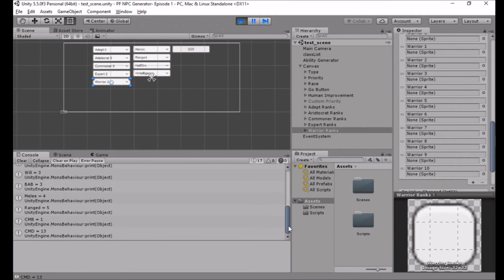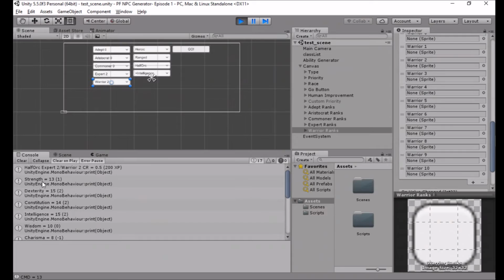You notice it doesn't yet print any abilities or any feats or any equipment. I haven't yet implemented that. That will be a future video when we talk about adding all of that stuff. But this is just sort of the basic, if you need an NPC right now,